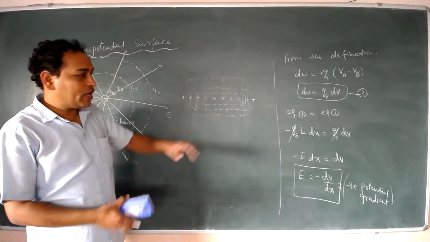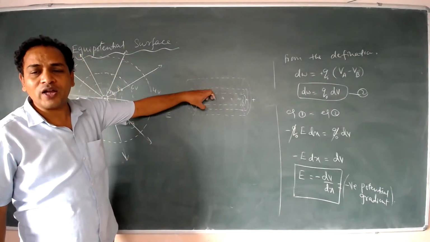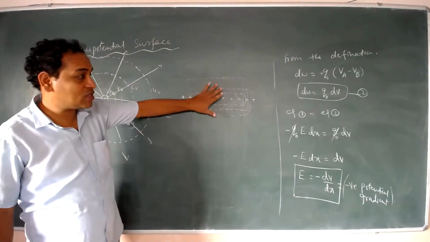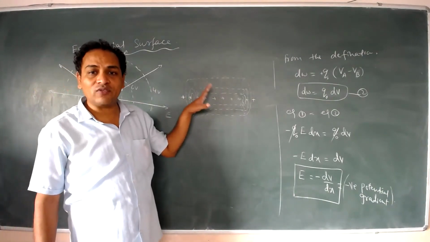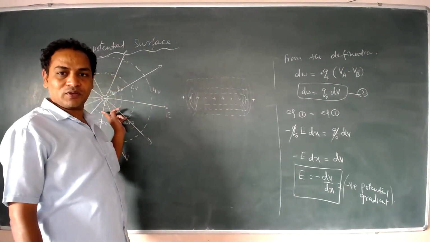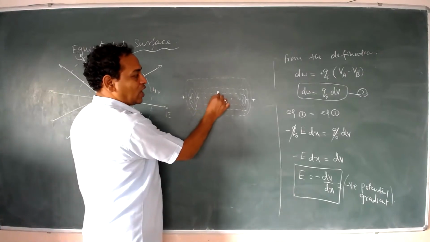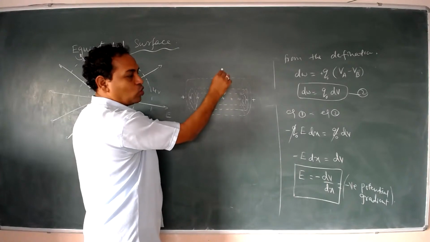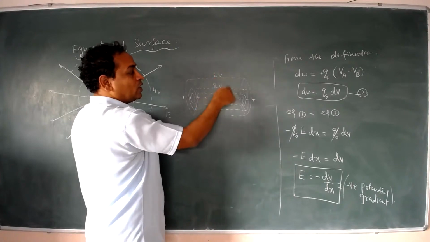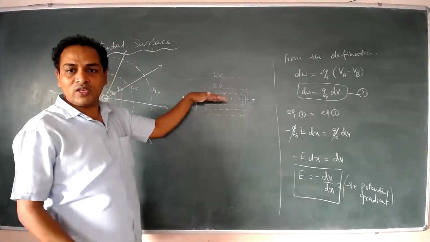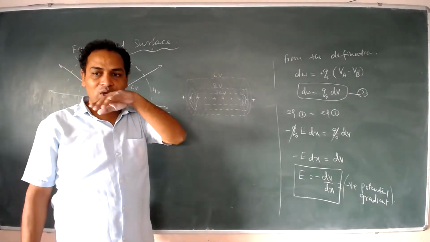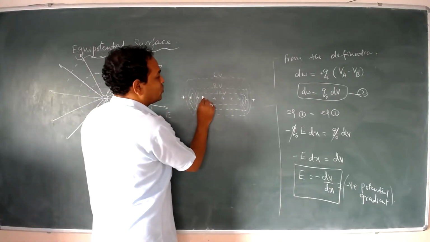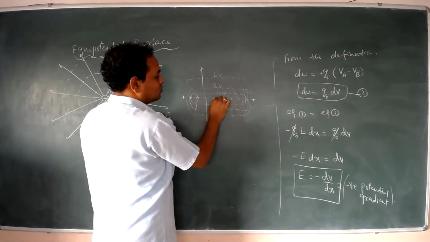In this way, we can form a large number of cylinders. These are called cylindrical surfaces. These cylindrical surfaces are also equipotential surfaces, like the previous ones. Suppose this cylinder has 10 volts. This one, farther away, has 8 volts. This one has 6 volts. In this way, as we move away from the line charge, the cylindrical surface will have a lesser value. So here also the electric field will always be in the radially outward direction like this.